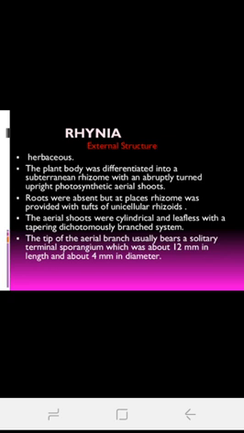You can see the picture. This is the photograph of Rhynia, with all portions labeled. The lowermost part is the rhizome, like our ginger. From it small roots arise, known as rhizoids. Then the aerial, dichotomously branched part is the aerial shoot, and at its apex you can see the sporangium. So always keep this picture in mind while discussing the structure of Rhynia.